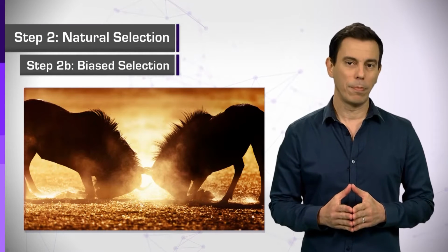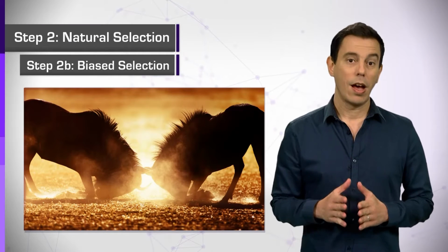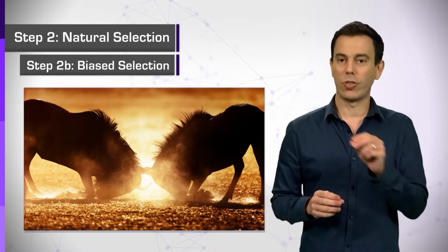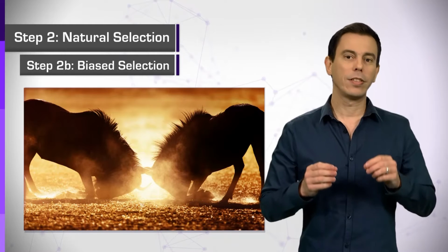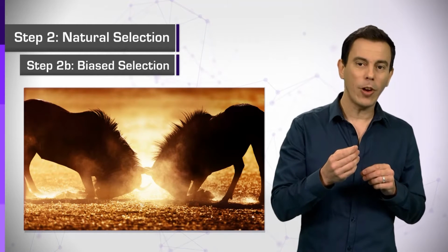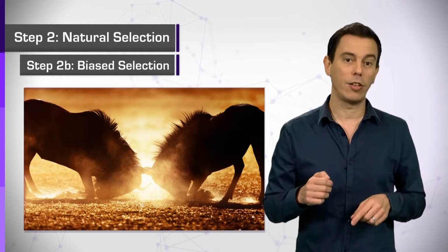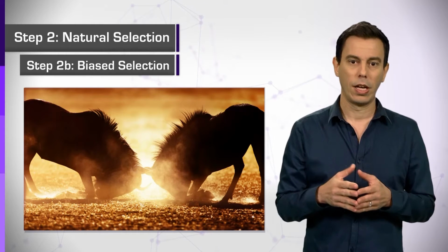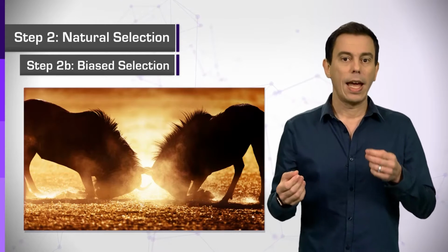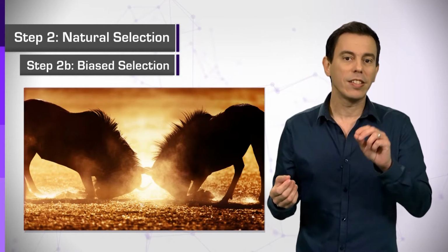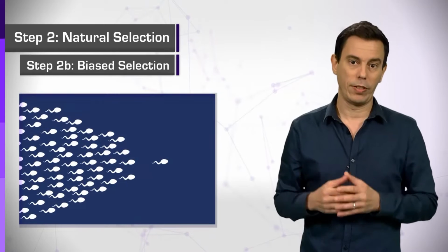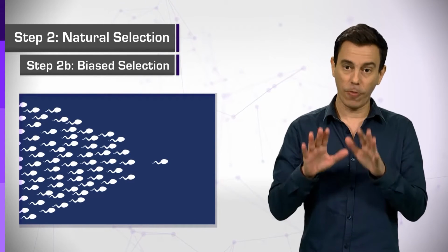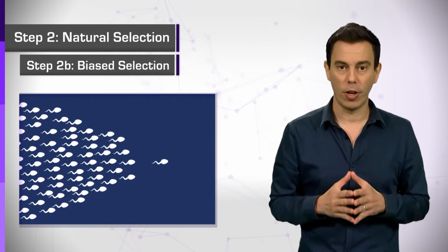Step 2b, biased selection. According to Darwin, it's not that only the most fit individual produce offspring. Rather, the more an individual is fit to the environment, the more chances it will have to win when competing on limited resources, such as food, the longer they will live, and therefore the more chances they will have to produce offspring. So now we will create a new population comprised of the offspring of parents from the former population.